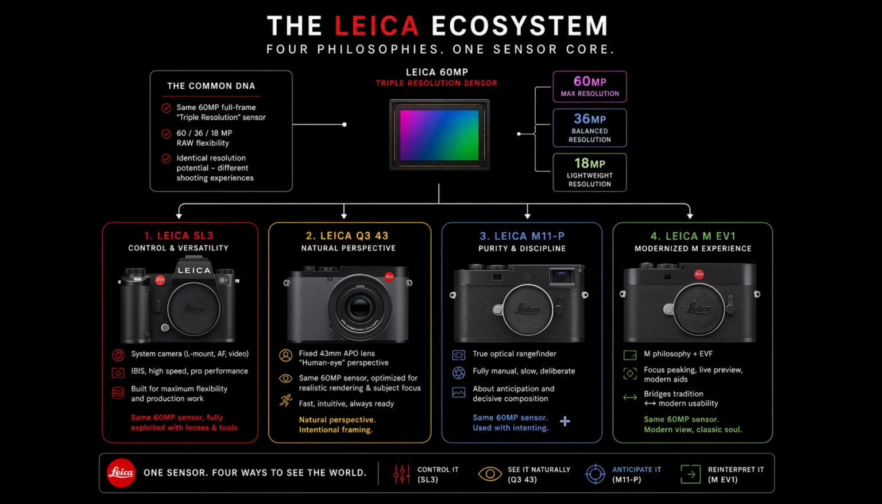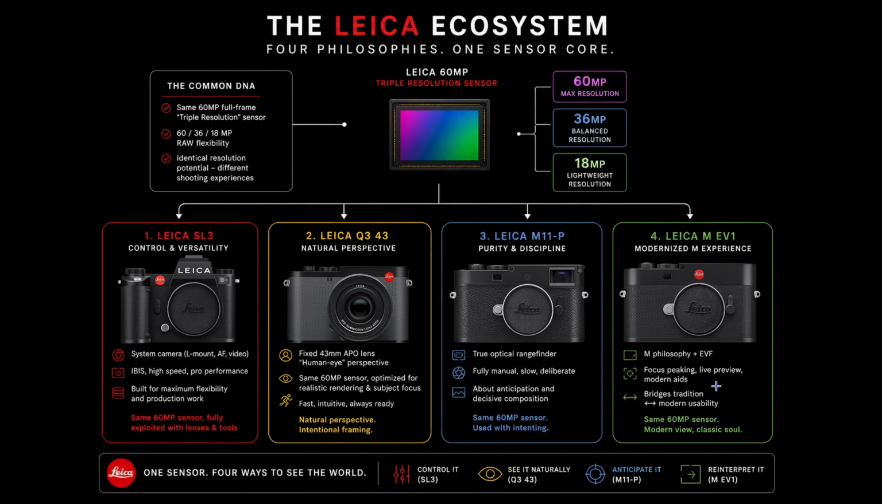It's about anticipation and decisive composition. And then the Leica M EV1 gives you the modernized M experience. Full Leica M DNA, full Leica M shooting experience, but translated into a modern world where people are used to staring at digital displays. You have full exposure preview, you have all the focusing aids like focus peaking, magnification, live preview, and the Leica M EV1 bridges decades-old tradition in manual photography into a more modern setup,